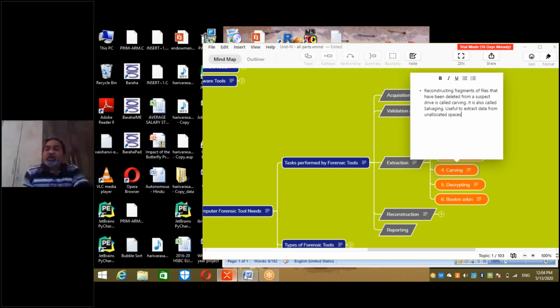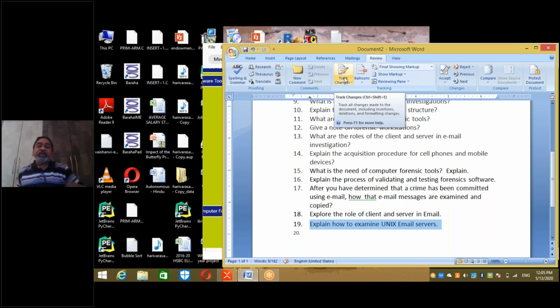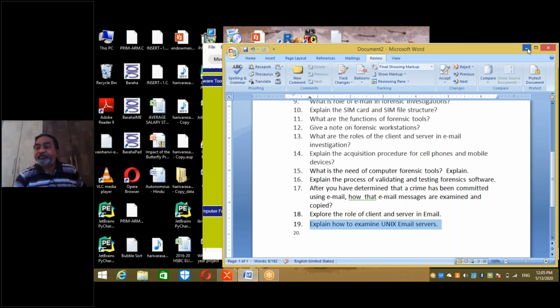Here it gives you a list of the changes made. Right? It gives you track changes. This Word application is improved compared to earlier versions, where changes made are also tracked from the point of view of who made what kind of changes. And it will be handy at the time of forensic investigation as well. Right?